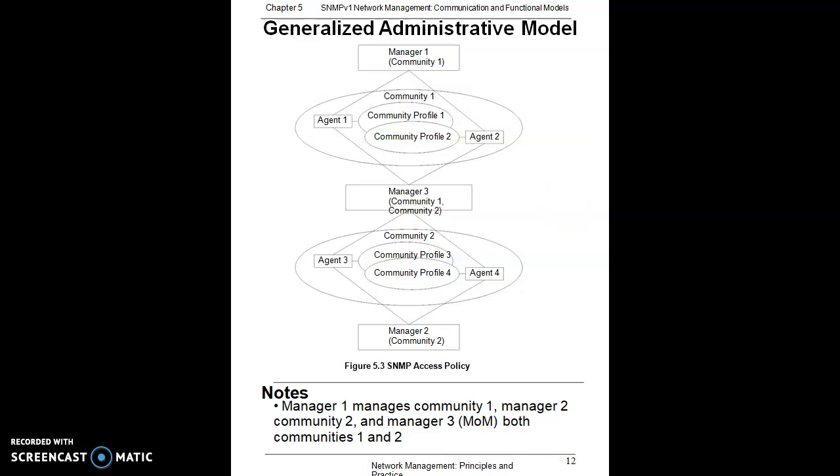Here we'll be having 2 to 3 managers with 4 to 5 agents. They are managing with respect to each other. Some managers or community profiles communicate with 2 to 3 members in a generalized way. The community profile is nothing but the total number of hubs connected to the agent, and then the agents are connected to the manager. Here agent 3 is connected to manager number 3 as well as manager number 2. It means a two-way network is possible in the generalized administrative model.